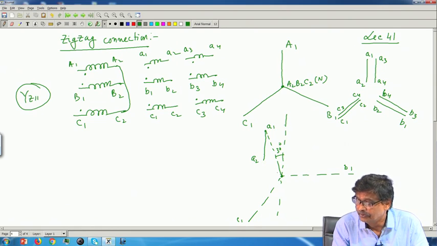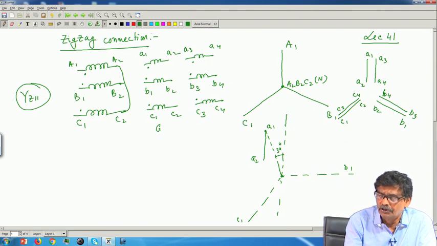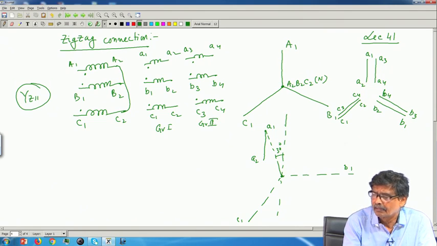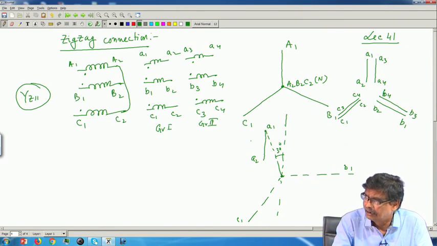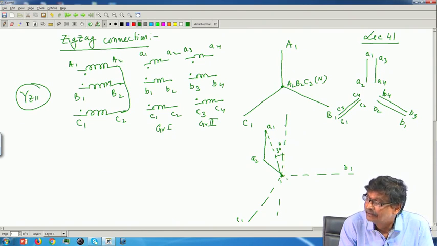Then how to reach from this point to this point? By a B phase voltage. Should I use B1, B2? No, better use B3, B4. You can use B1, B2 mind you, but you should be systematic. So, this is group 1, this is group 2. It does not matter, either of them you can use, but I will put this condition. So, this will be your B3, B4.